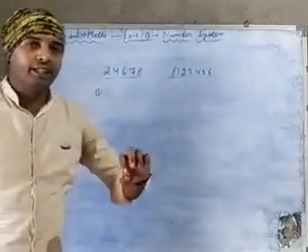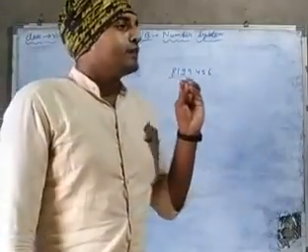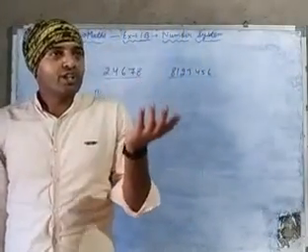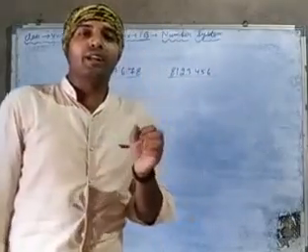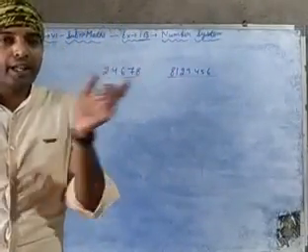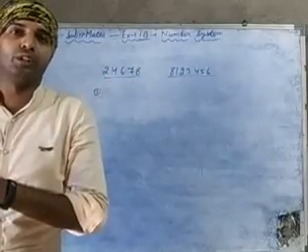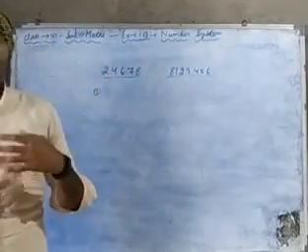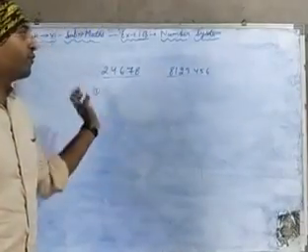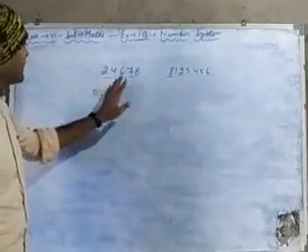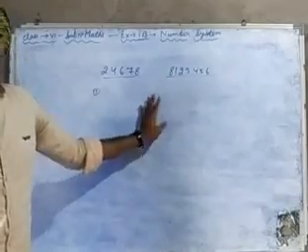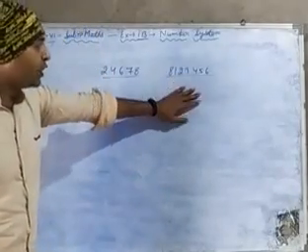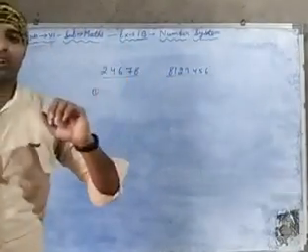And in 1B, what do we have to do? We just have to compare numbers. Comparing numbers means finding which number is greater or which is smaller, and then arranging 4 to 5 numbers either in ascending order or in descending order. First we will find which number is greater. You can see that I have written two numbers, and between the two we have to find which one is greater and which one is smaller. So let's start.